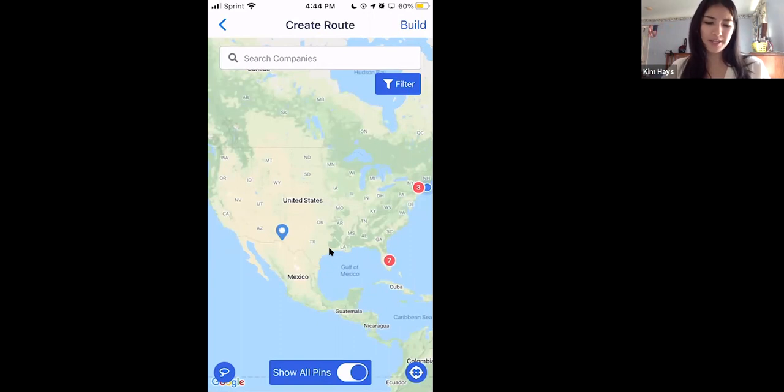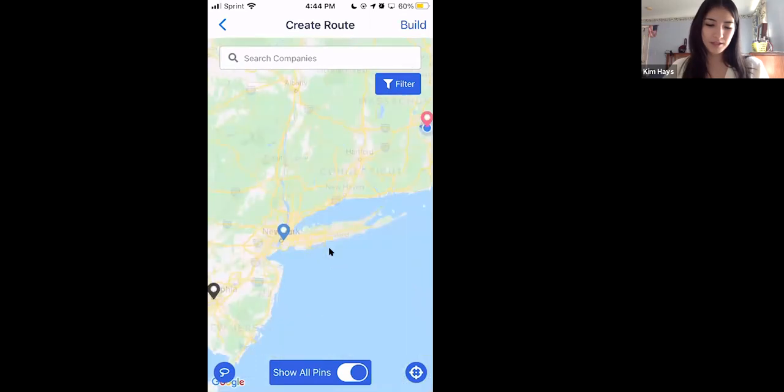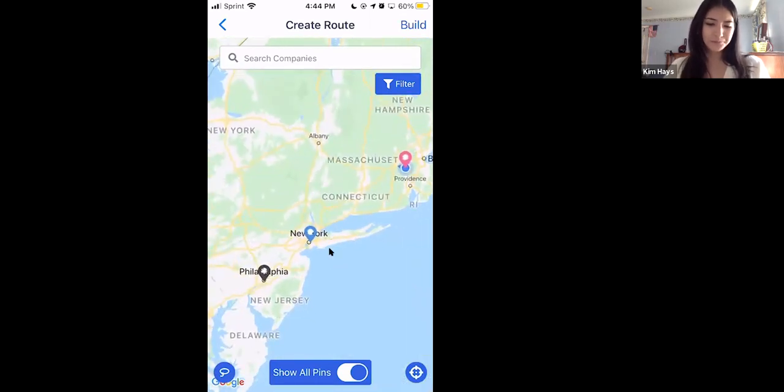I'll go into this Northeast area because I'm currently located in my hometown. When I zoom in here, I will see those 3 pins associated with the East Coast. If I want to go ahead and target these in one specific route because I know I'm traveling up to the East Coast next week, the easiest way to add these pins into your route is going to be using